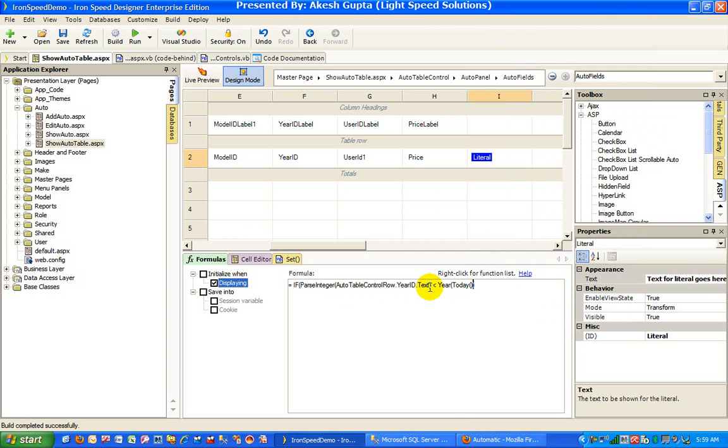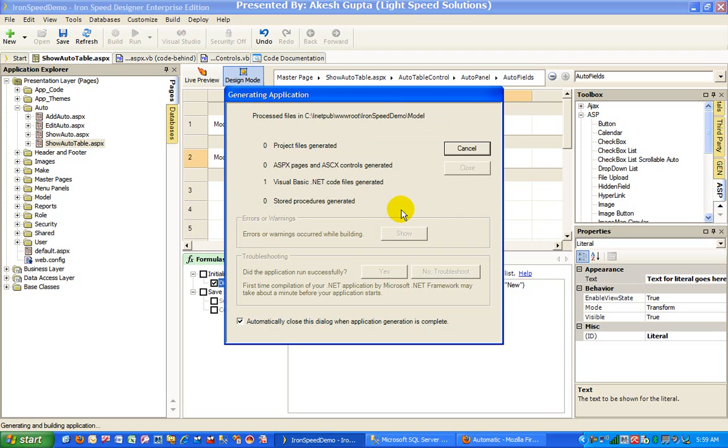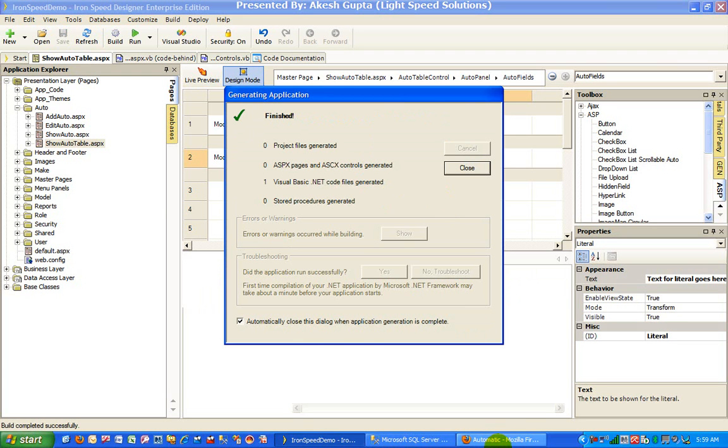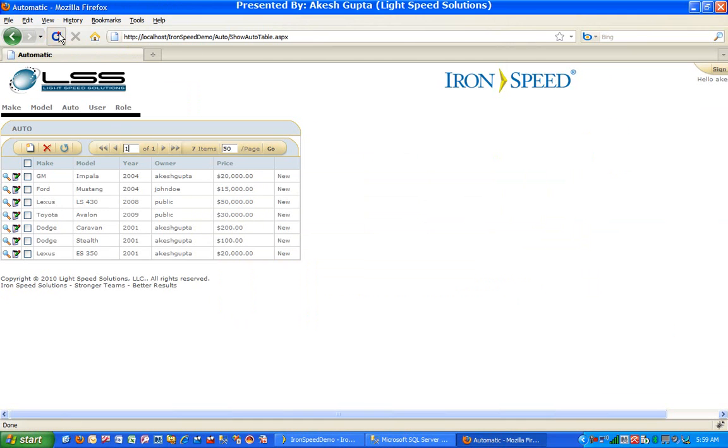So if my year value of the record is less than year value of today minus 5, which basically means 5 years from this year, then we would like to say it's old, else it's new. Hopefully this makes sense. Let's see if the results are the way we should be getting. So if I refresh my information,